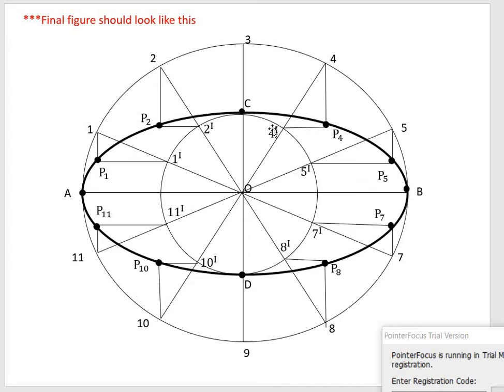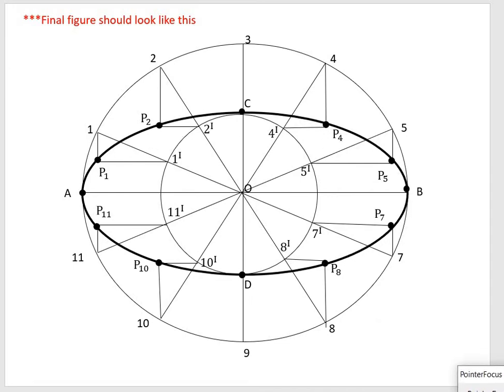This dark color curve is your ellipse. And remember to draw this one in HB pencil because it should be dark. The other lines are all construction lines, and you should remember that construction lines should always be drawn with 2H pencil, and the actual diagram should be drawn with which pencil? HB pencil. So in this manner you have to draw the ellipse by the concentric circle method or auxiliary method. This is your final diagram and how it should look.